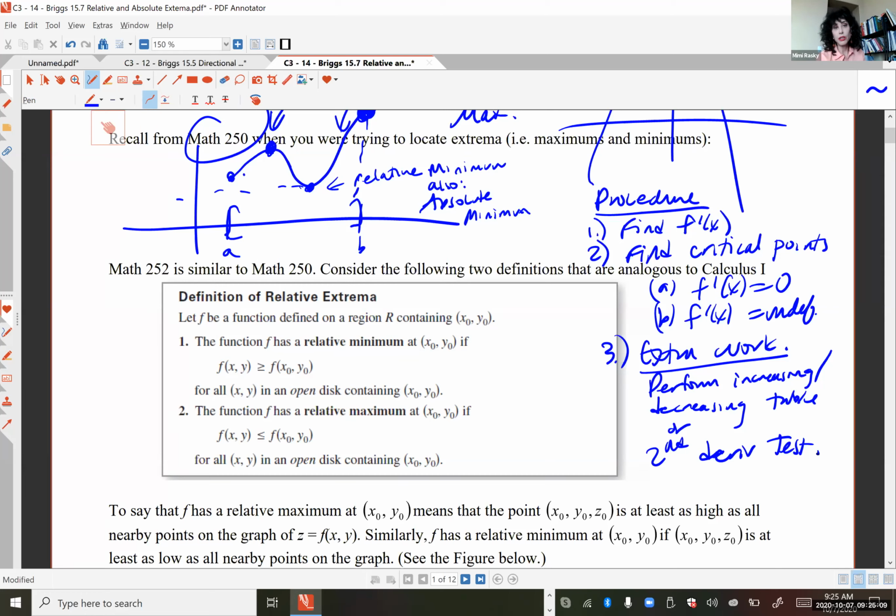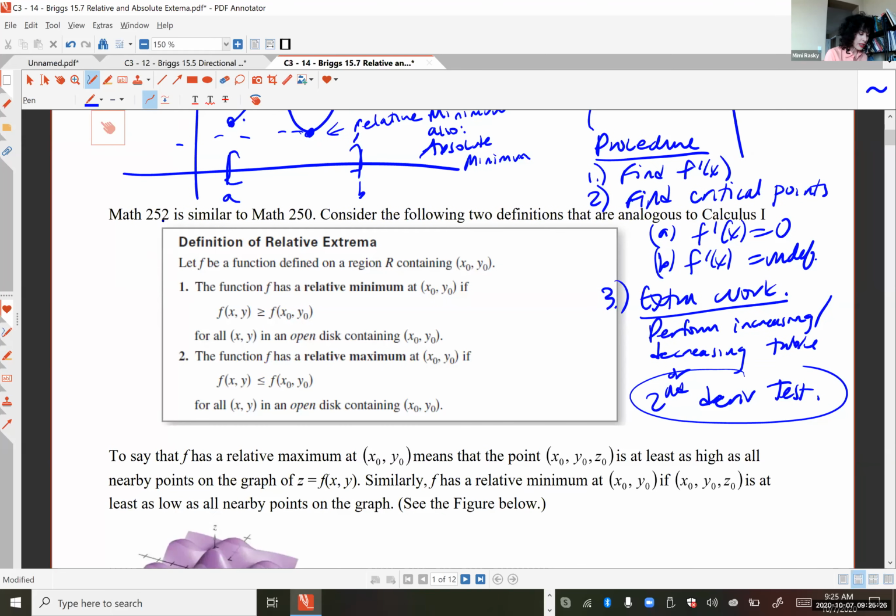So good news, you're not going to be making any interval summary tables in my class. You are going to do something that's analogous to the second derivative test, but it involves a little bit more work than the Calc 1 second derivative test. Okay, so